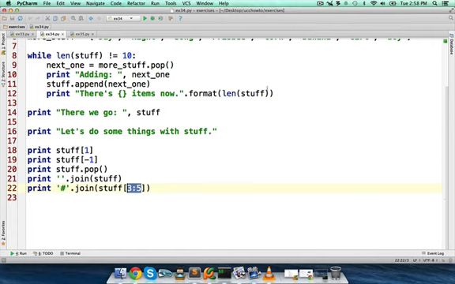I'm going to have to stop this one. We're almost at the 15-minute mark, which is what I'm trying to shoot for. So